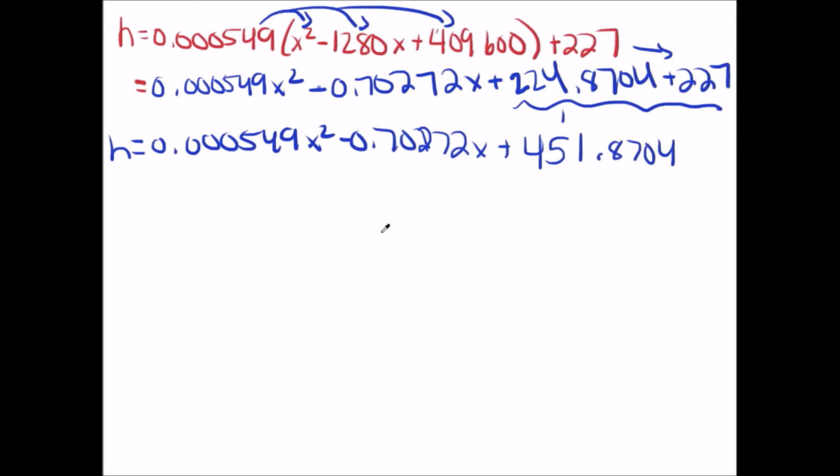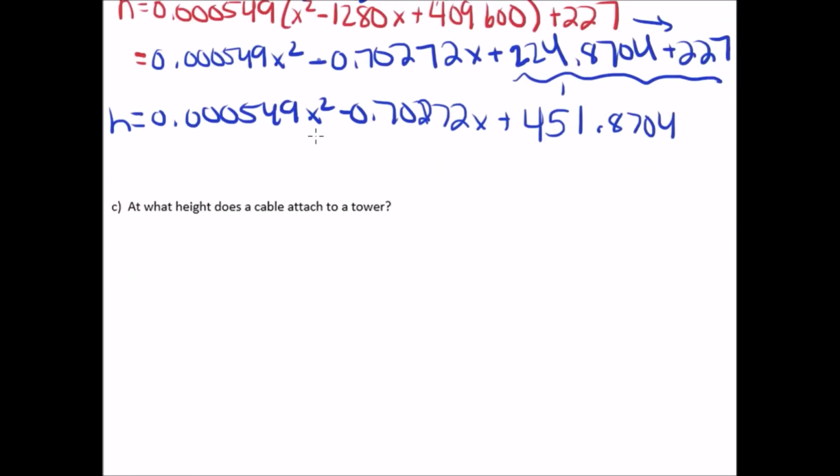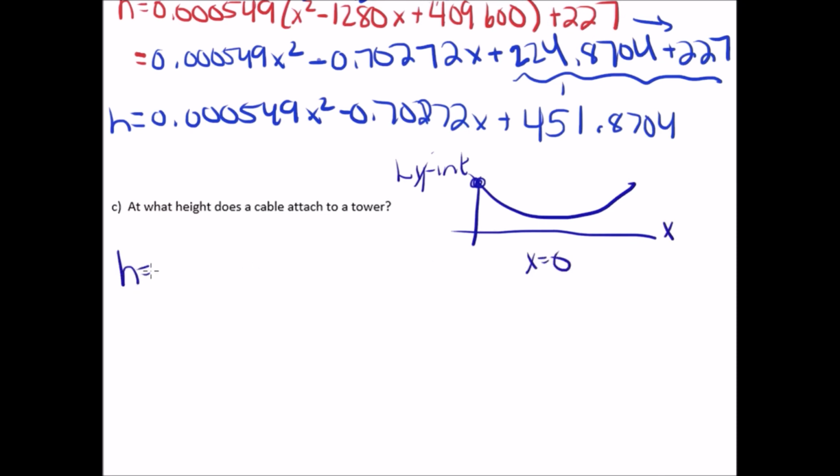Okay, and then part C. It asks, at what height does the cable attach to a tower? So if we're thinking the tower and we're thinking this cable here, what I'm looking for right here is like the y-intercept. Okay, in this case, it's not the y-intercept, it's the h-intercept. So for the h-intercept, we sub 0 in for x. So the horizontal distance, x equals 0. So h equals